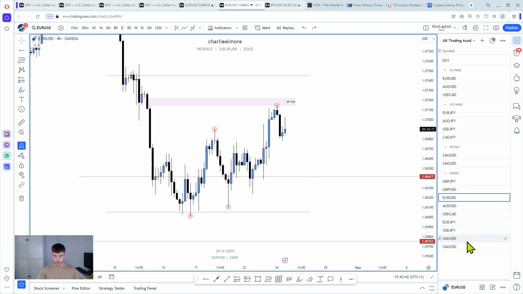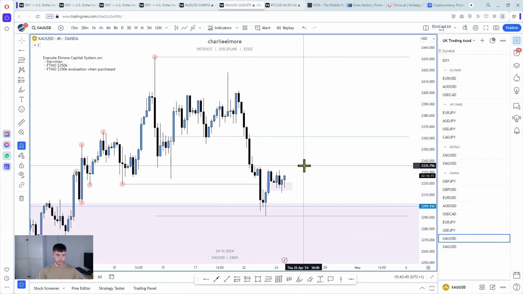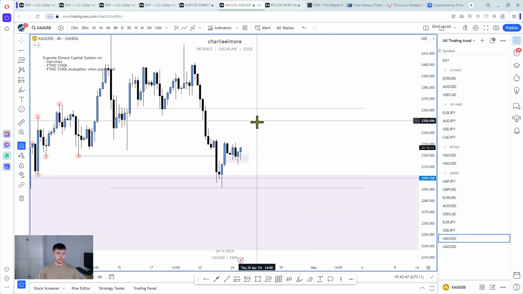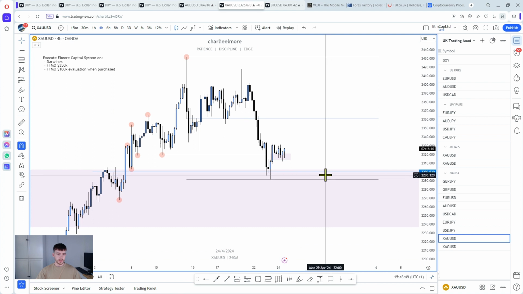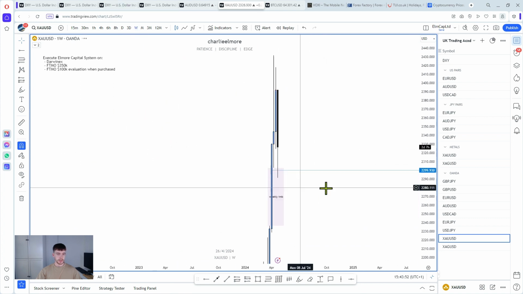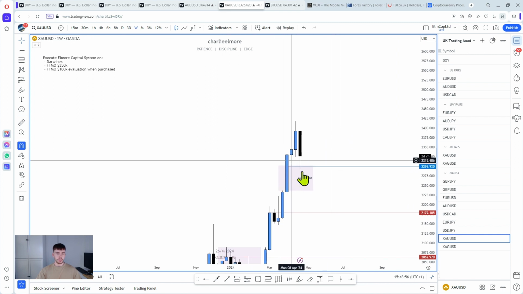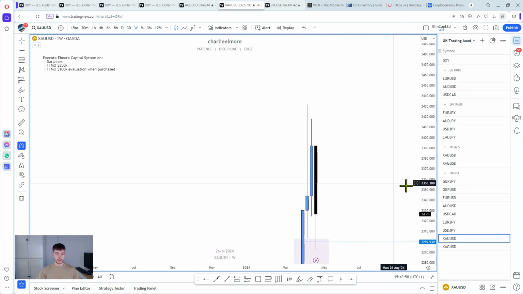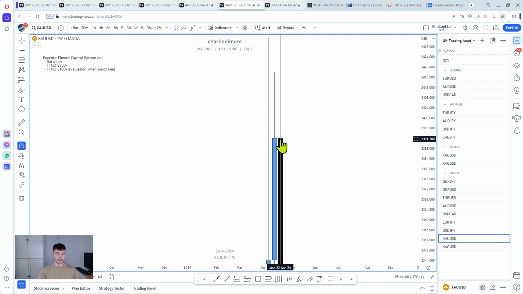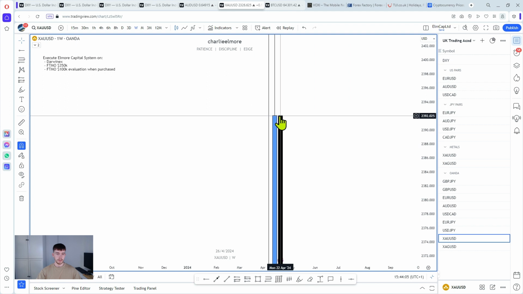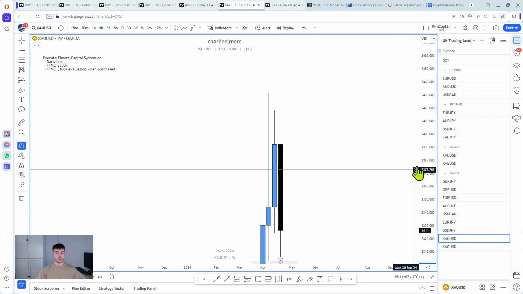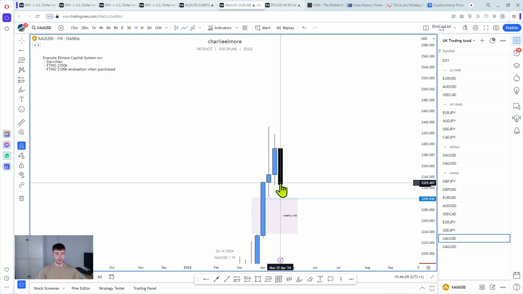So let's look at gold. Gold is looking really nice for the buys. Just to reiterate, we tapped into this weekly imbalance, and before we speak about this, let's also look at the fact that this weekly candle hasn't got a wick to the upside. There is no wick. So this whole week has been purely downside. Now we are Wednesday currently, so